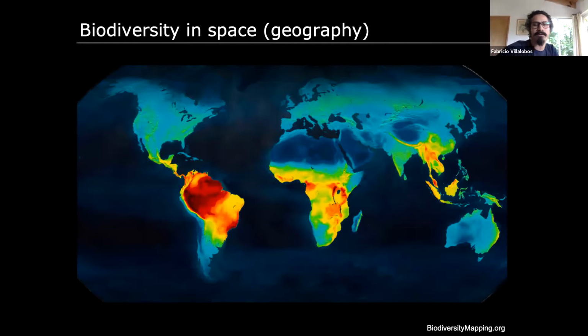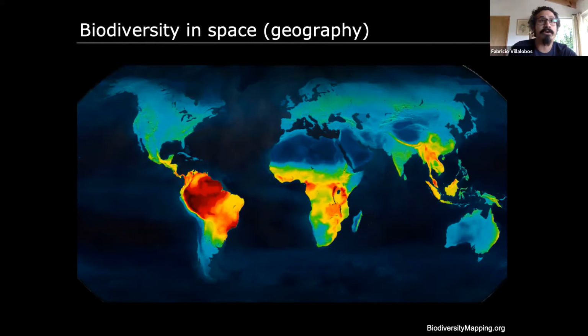But we know that at the back of this pattern, what really causes it is the distribution of the species. Not all the species are distributed everywhere, and not all of the sites have the same number of species. So we have this heterogeneous distribution of life on Earth that actually depends on the distribution of the particular species. So especially in biogeography and in macroecology, we want to know what causes that distribution of species and the co-occurrence of those species to form this particular type of geographic biodiversity patterns.